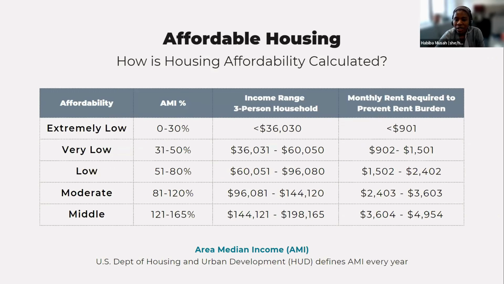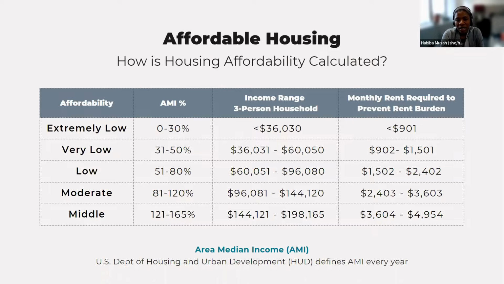To determine housing affordability, HPD uses something called AMI, or Area Median Income. This AMI is calculated and released every year by the U.S. Department of Housing and Urban Development, or HUD. HUD uses the median household income of an area as a benchmark to calculate AMI based on household income and household size. Using AMI, the New York City region, which obviously includes all 5 boroughs, along with Westchester, Putnam, and Rockland counties.